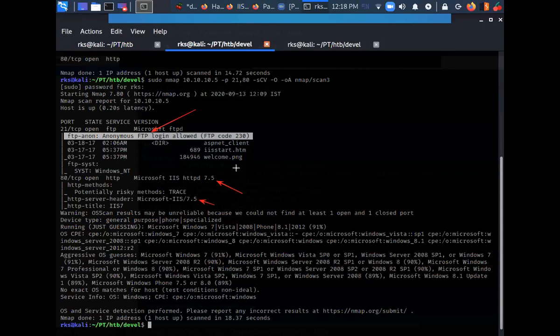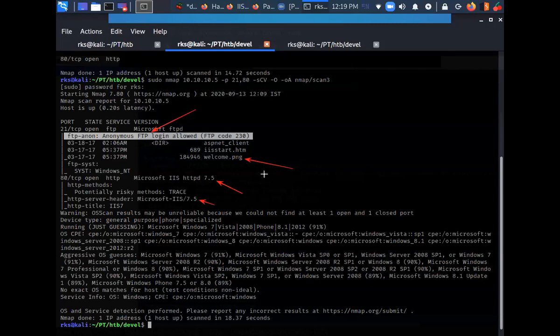Another key thing that you need to observe is, while I was trying to enumerate the application through web browser, I saw this welcome.png there, right? So what I'm assuming here, what I'm apprehending here, is that maybe the FTP access is the same as the website root directory, website home directory.